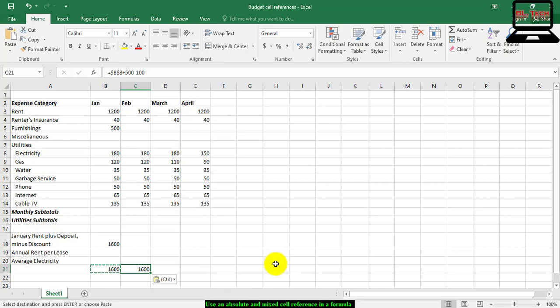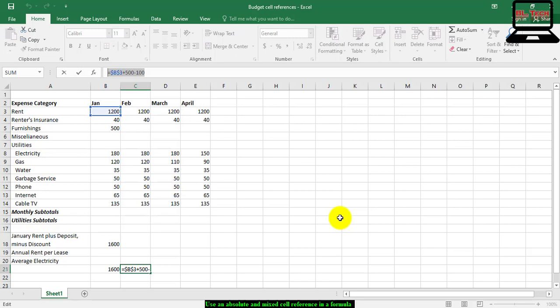Notice in the formula bar that the formula in cell B21 and C21 is $B$3 + 500 - 100. Regardless of where you copy the formula in the worksheet, the formula still refers to cell B3.